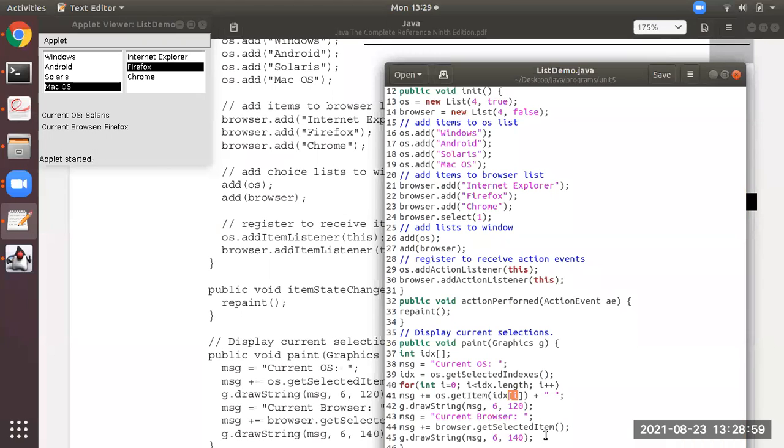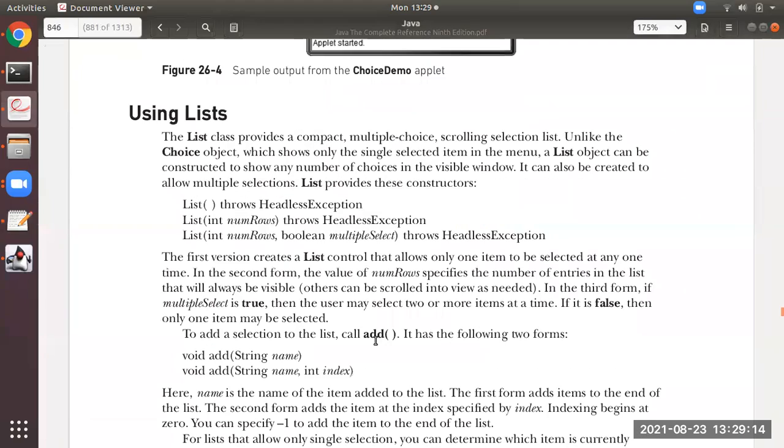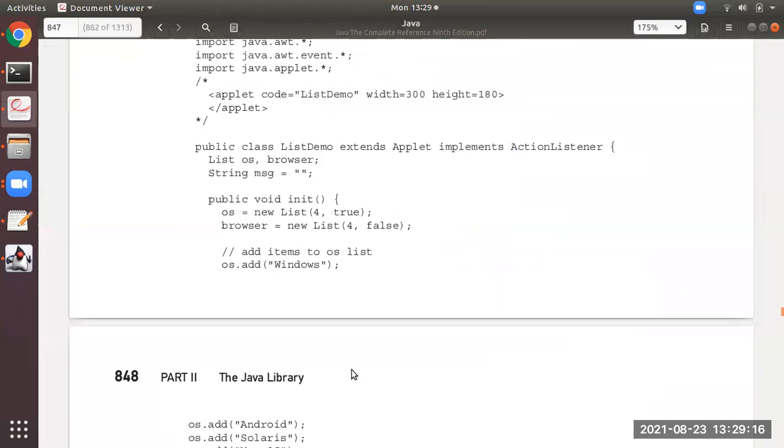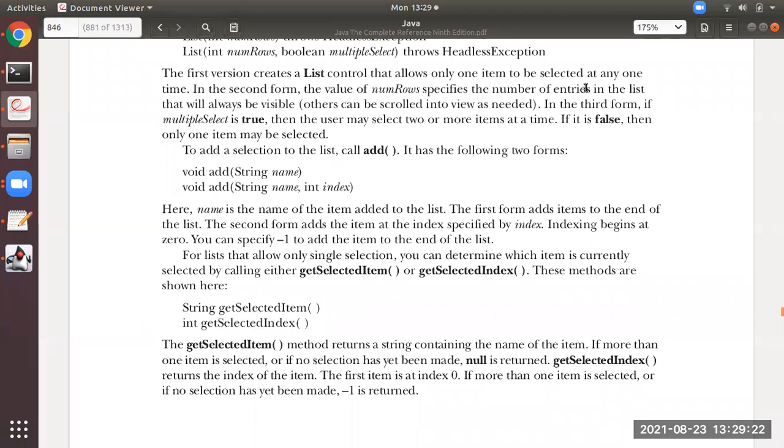At the second position, getItem will get the name you have specified, Solaris. So message msg will be equal to Solaris, and in that way you will be able to see this message, Solaris. Okay, students, so this was the demonstration of this program, this control using List.